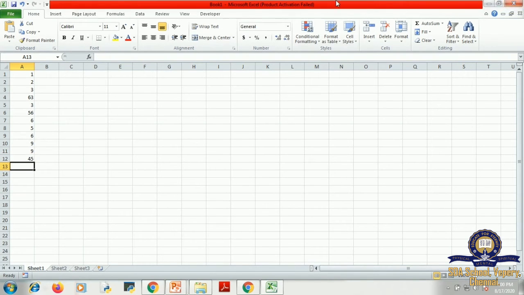Now I have given 12 rows, 12 values. I need to select either this whole column, or I can select only the 12 rows particularly using the mouse, or I told you just select the column by clicking on the column A.